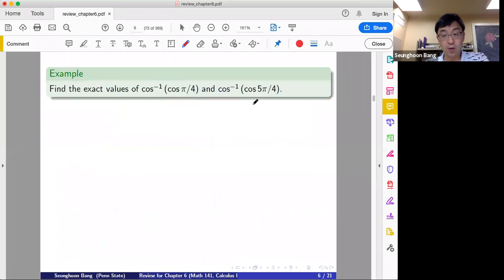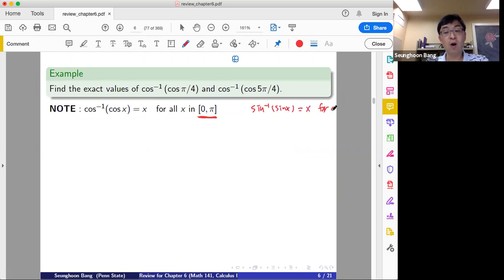Okay. The next one. We are going to the next problem. Find the exact value of inverse cosine of cosine of pi over 4, and inverse cosine of cosine of 5 pi over 4. So here, inverse cosine of cosine of x is the cancellation equation, x, but really be careful. What's the domain of x? The domain of x is 0 to pi. What happens to the sine function? Do you remember? Inverse sine of sine of x is the same. You can do the cancellation equation, just x, for all x